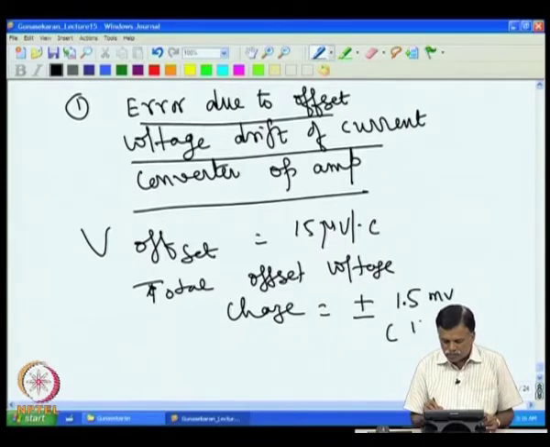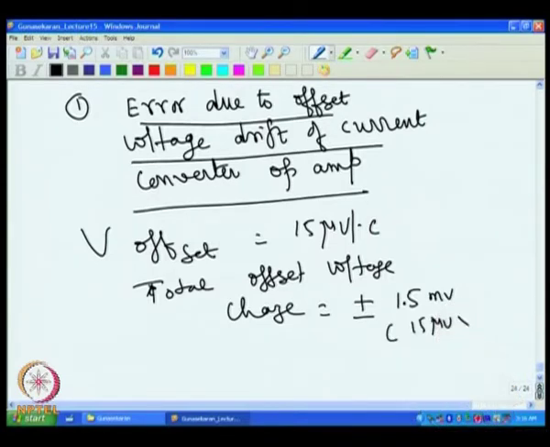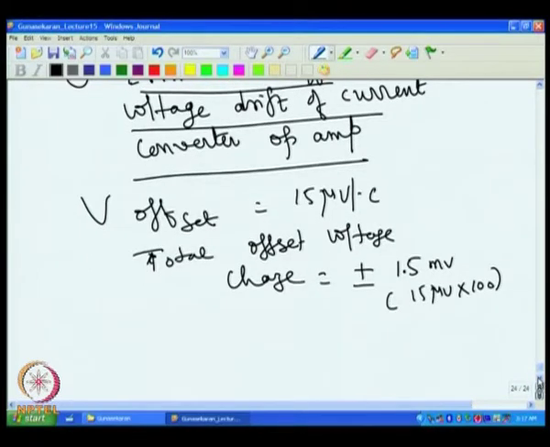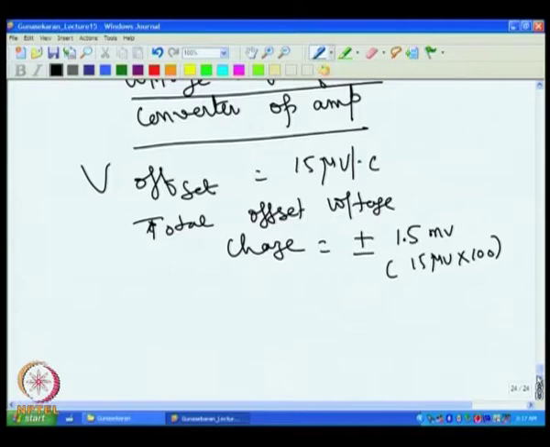This is coming as 15 microvolt into 100, considering 100 degree as the temperature change. That is the change expected. So, offset voltage, expected change